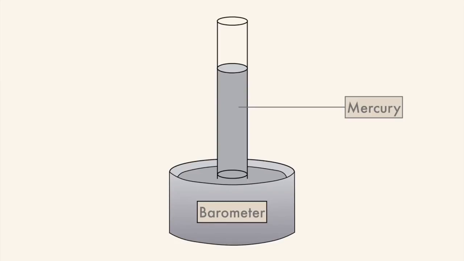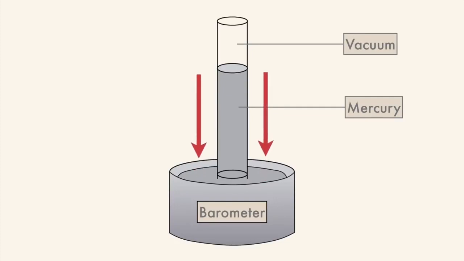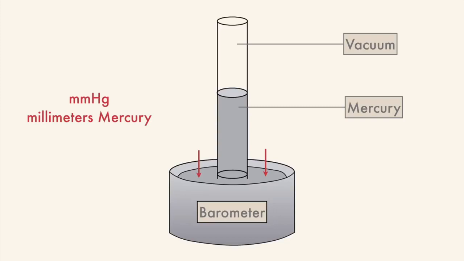At the top of the barometer is a vacuum, and the atmospheric pressure, all the atmosphere from Earth's crust to space, is pressing down on the liquid in the basin. When the atmospheric pressure rises, the mercury adjusts to the increasing pressure by moving up the tube. This creates equilibrium between the internal and external pressures. When the atmospheric pressure decreases, the mercury level drops to maintain equal pressure. This kind of barometer is read in millimeters of mercury because it measures the change in height of mercury inside the